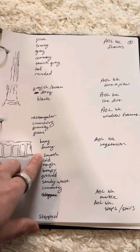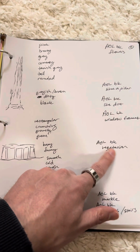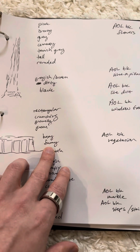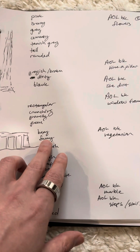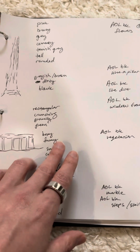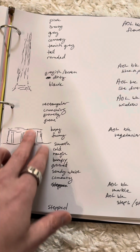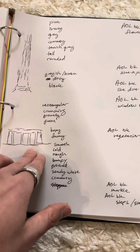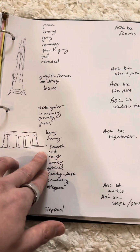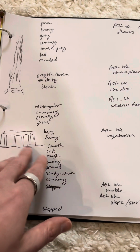I got some greens again. AOL break, I just had it in my head, some kind of vegetation. Boxy, fumey, I think that this is fumey. Maybe just the smell of the air was a little bit, I don't recall, but this is another image that I got, kind of like multiple of these pillars here. Then I got smooth, cold, rough, bumpy, grooved, sandy white, again cementy, that kind of theme